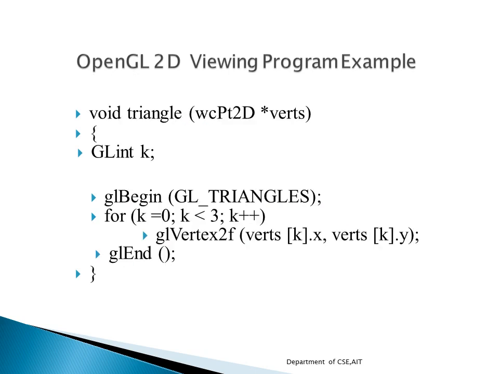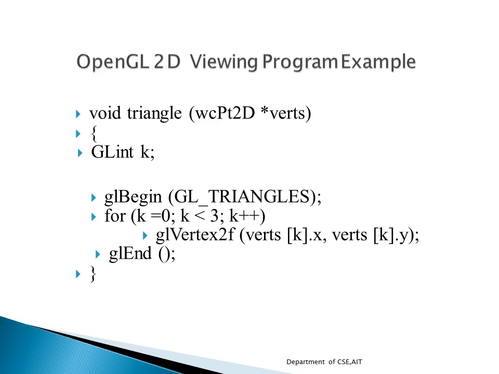Now I have a triangle function in which I am going to pass one array called words. This words is from the display function. It will be having the 3 points with respect to x and y. So by making use of the GL begin, GL triangles, and running the loop for 3 times, I am going to mark 3 points, and every point will be having one x and y value. So the K loop is running for the 3 times, and I will be having 3 values for the loop.